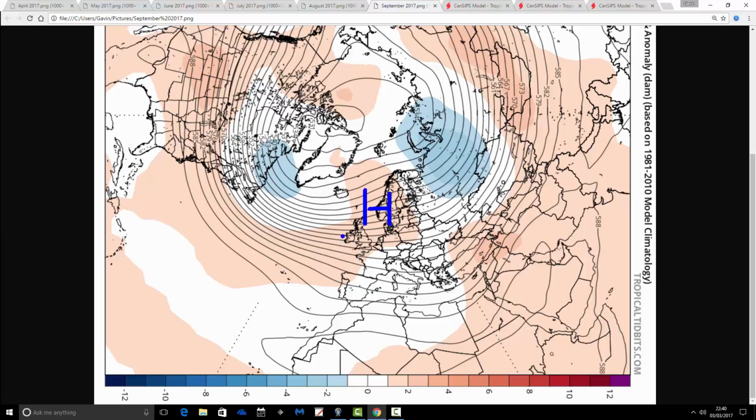We're building in those above average heights around many parts of the UK. Again, the jet stream is up through here, going rather like that. So we remain on the warm side of the jet stream, I think, as we go through into the start of the autumn. And with above average heights extending through, you'll expect quite a bit of dry weather in there as well. So overall, a lot of dry weather coming up over the next 6 months. Yes, June does look a little bit more unsettled than August. Could be thundery, but I think the scene really is quite dry and generally fairly warm as well.